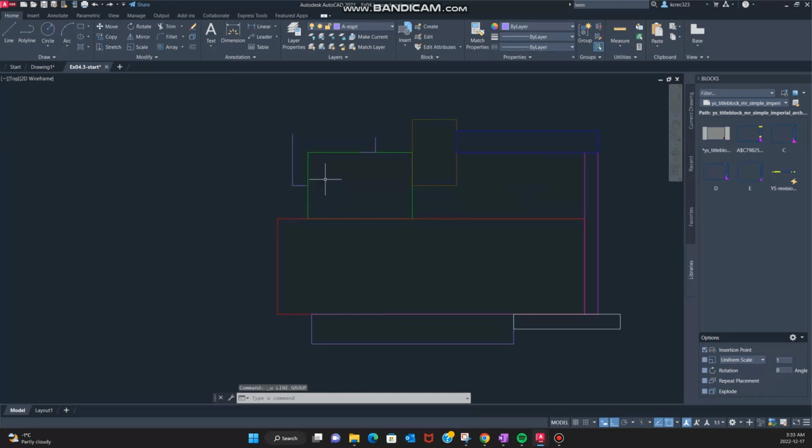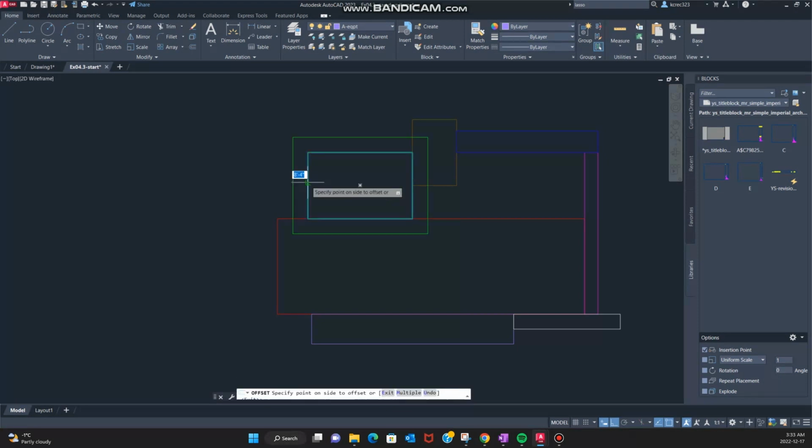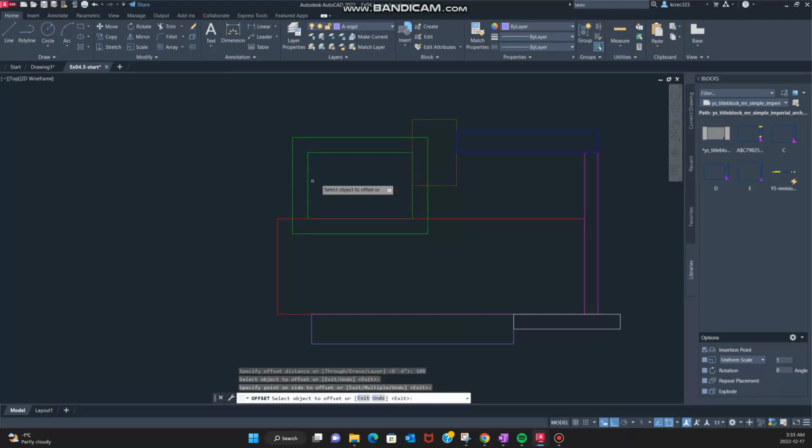That's absolutely terrible. So we're going to bypass that, and we're going to use this tool right here called the offset tool. What this basically does is you put in a specified value of what you want to offset from a certain distance from that object, and it'll create an offset surrounding 360 degrees of that entire object. So let's put in our distance, 100 again, and now we select this,